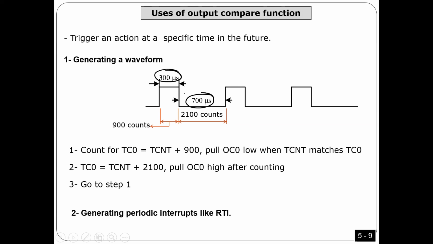Is that okay? So number one, you have to convert the time to number of counts. This is the currency. This is the language you are going to use. Now I'm going to divide this one by the time of one count, which is 1/3 microsecond. So that means this one should be equivalent to 900 counts, and this one equivalent to 21 counts. Is that okay?